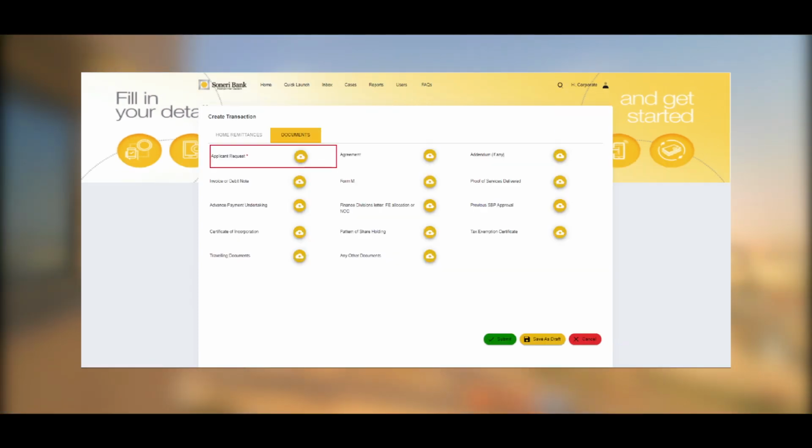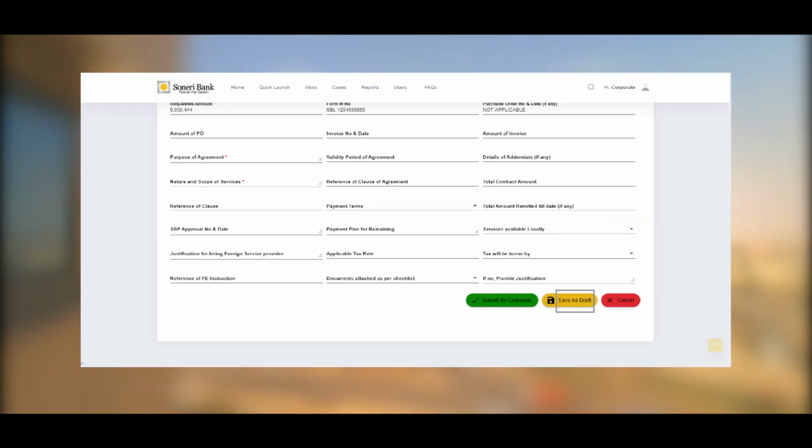Some of the fields in the applicant details section will be auto-saved as saved in the system from the registration process. These fields are editable and you can edit or proceed with the existing ones. All tabs with an asterisk are mandatory details for submitting the request. Add information in the request and click on Save as Draft.